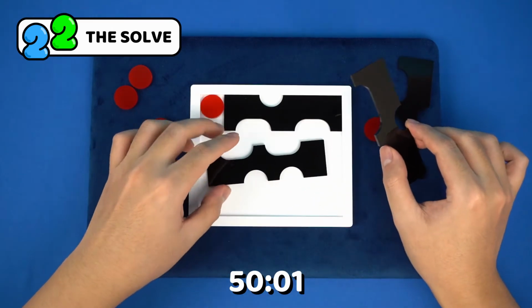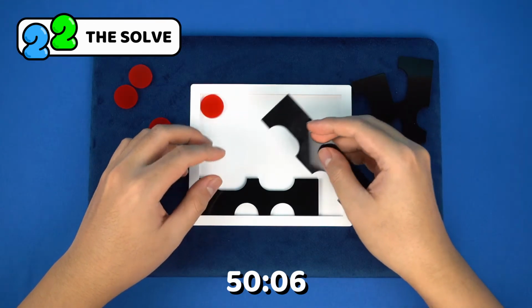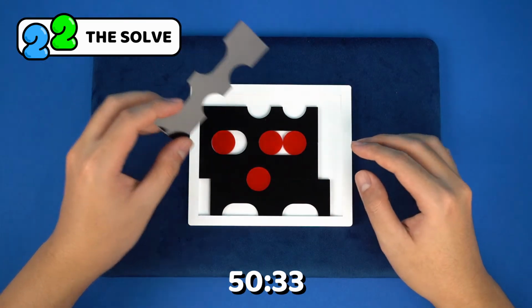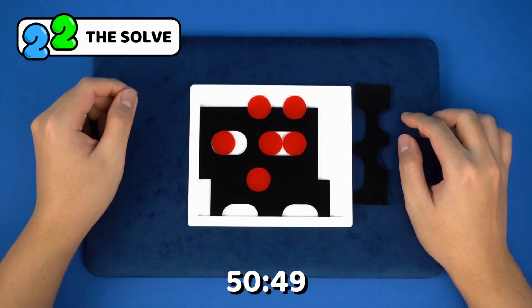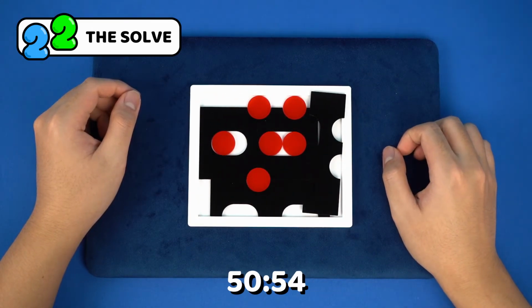Something's gone horribly wrong. I don't know what I'm doing. Things that don't work out right. Okay, let's see if we can fit these here. And... well, I fit all the circles. Except this piece. So,